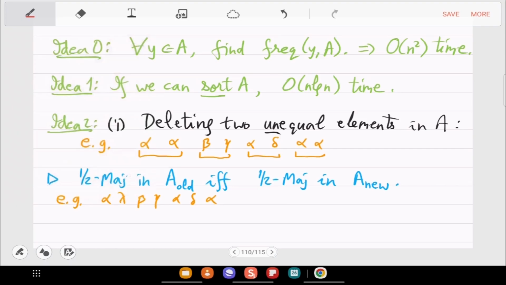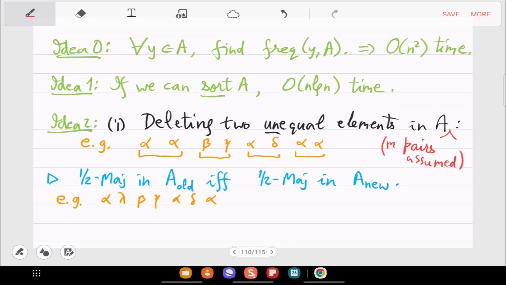Deleting two unequal elements in A, and we are assuming that there are m pairs. But the new example doesn't have any majority. No, his point is that there was no half majority, but when you delete, it appears.